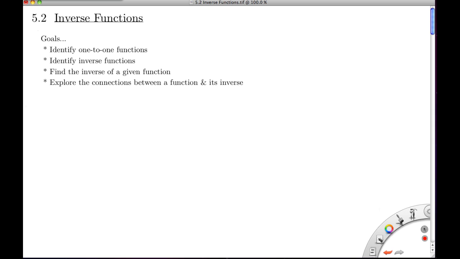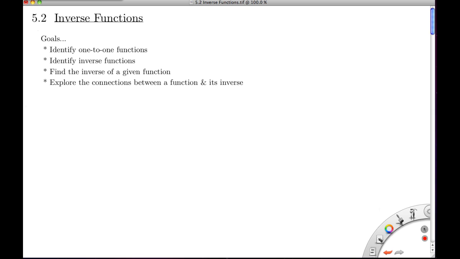So in this first video, we're going to be looking at section 5.2, and we'll be discussing inverse functions. And before we get started with inverse functions, it'd probably be a good idea to lay out some goals for us as we work through these. So the goals we're going to try and meet by the end of this series of videos